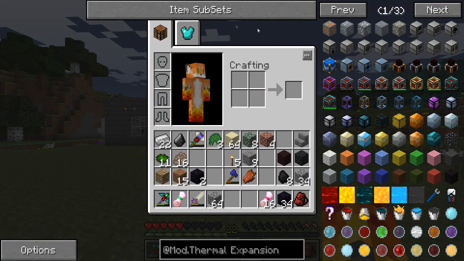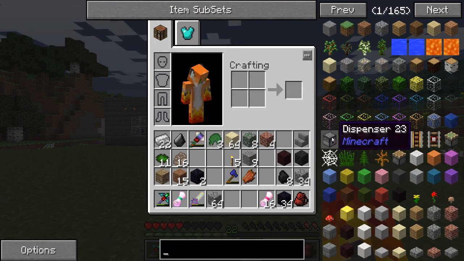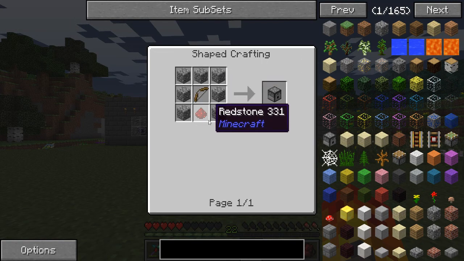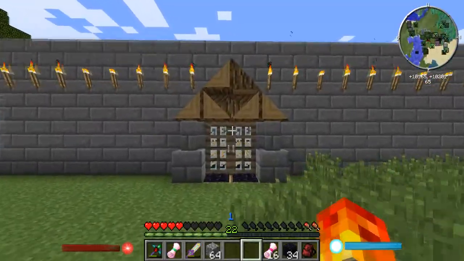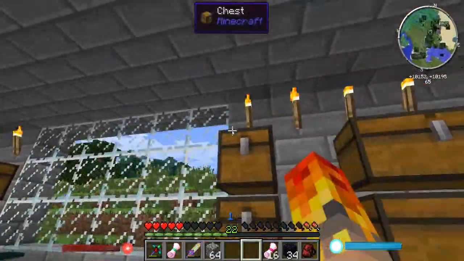And then we need to make a dispenser, and this is where my knowledge of vanilla items comes in, because dispenser, yeah, that's the one. So I need to make a bow, and I need some redstone, and then just some plain cobble. So let's go back into the house and have a look in our chest of